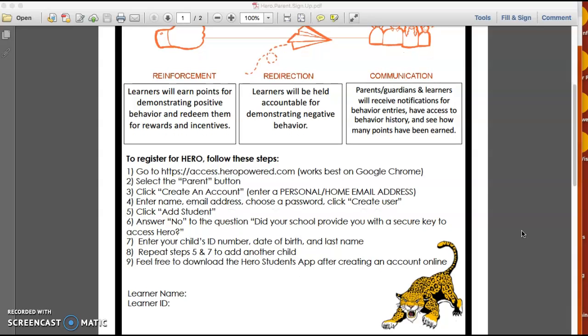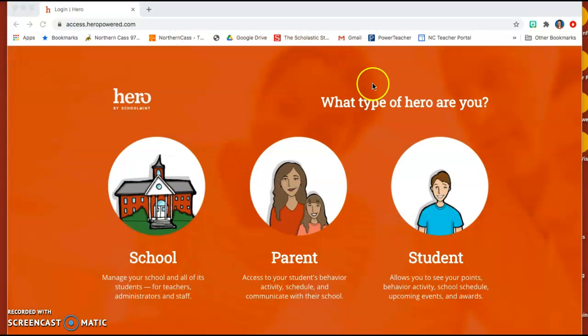So you'll see on my screen, the steps here are listed on how to register for an account. If you'd like to take a screenshot or a picture, you certainly can. I'm also going to walk you through the steps one by one, so that's definitely not necessary. I'm going to close out of that. To create an account, you'll need to go to